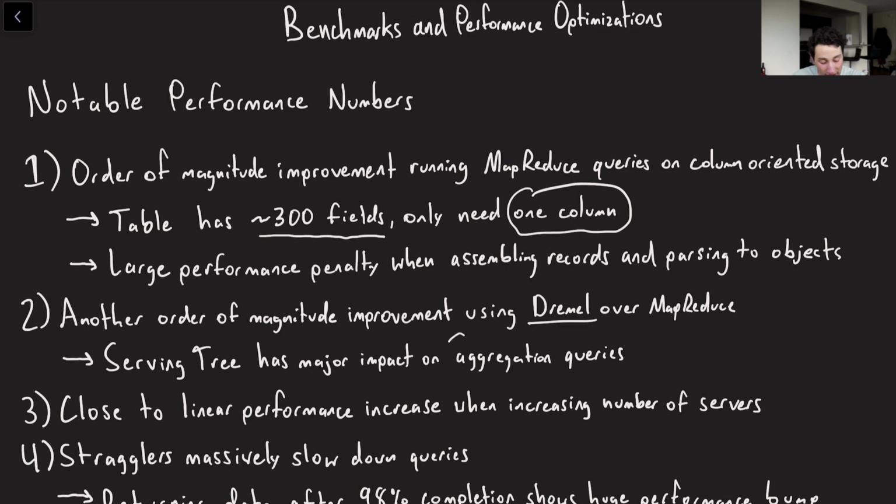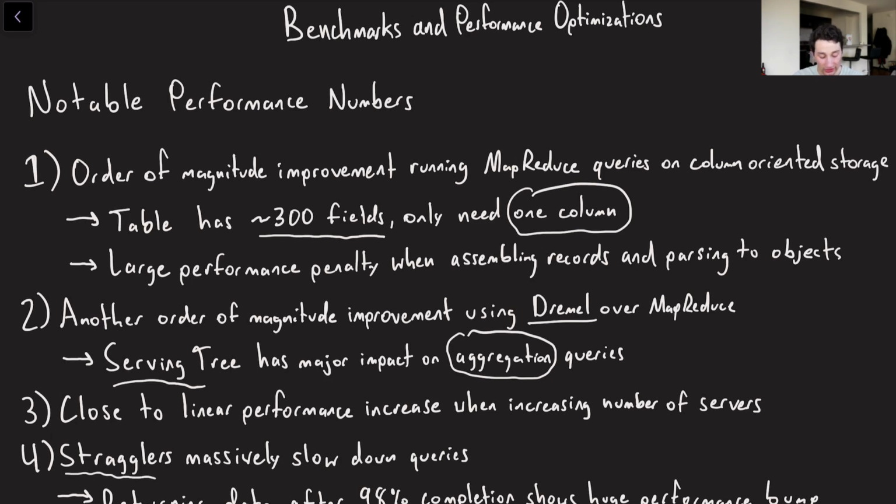So again, this does ultimately get done on one of these aggregation queries, right? Again, Dremel is not really made for basically taking one huge data set and converting it to another huge data set. It's meant to condense it down. So that kind of illustrates the impact of the serving tree on this particular type of query. Another thing is that Dremel scales really, really nicely. As you continue to add nodes to your serving tree, Dremel creators saw that they were getting around a linear improvement in performance, which is really, really nice to have. It means that your system is actually scalable.